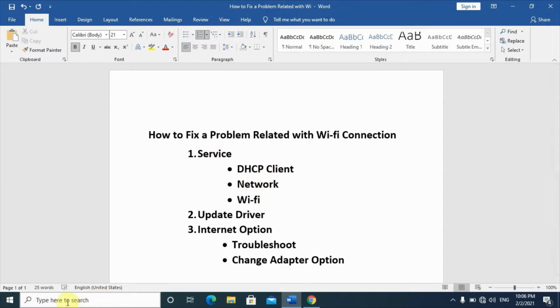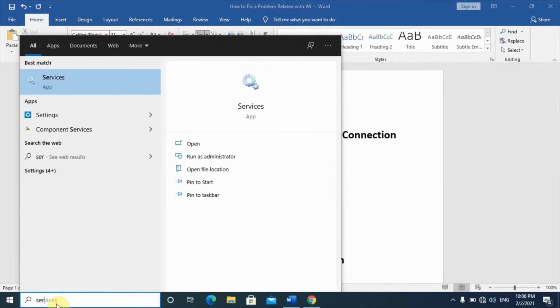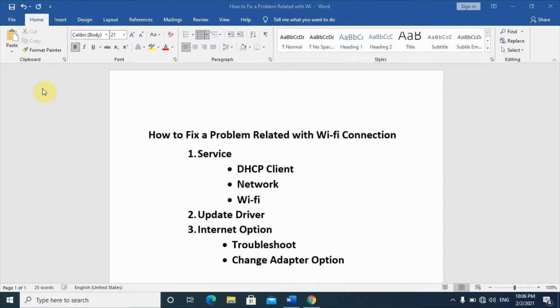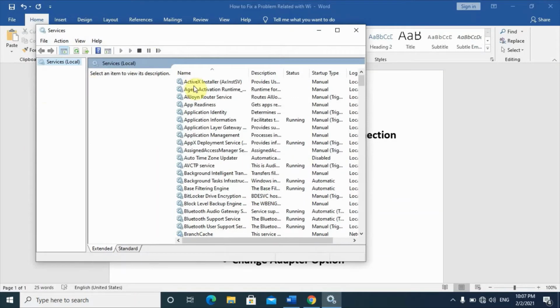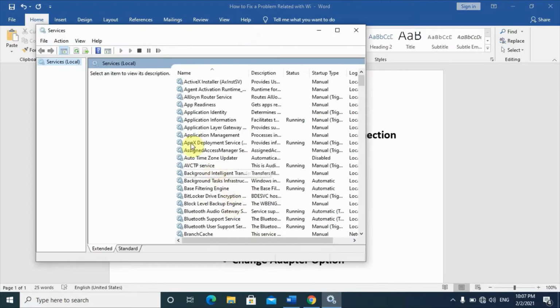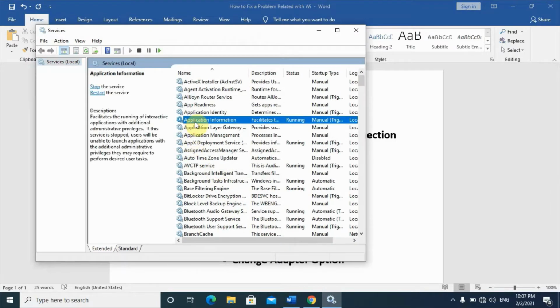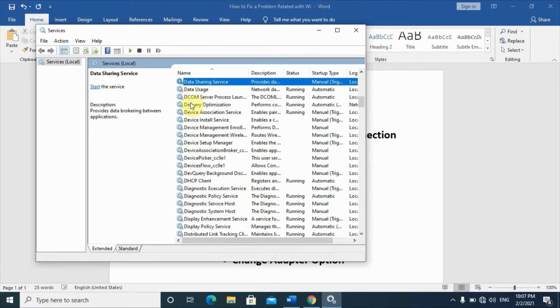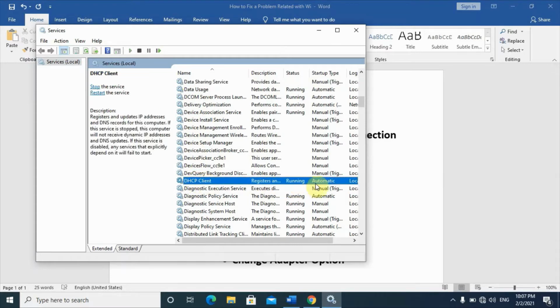Type in the search box of your Windows, Services. When you type Services, you will have this option, and when you open this Services section, you will search for DHCP Client. Click on the list and type D. Then you will see DHCP Client over here, and as you can see, it's automatic